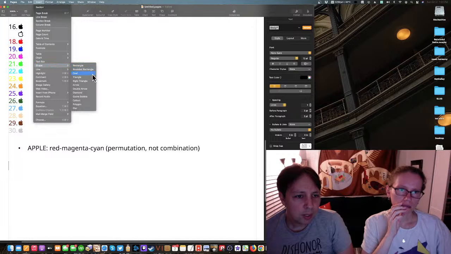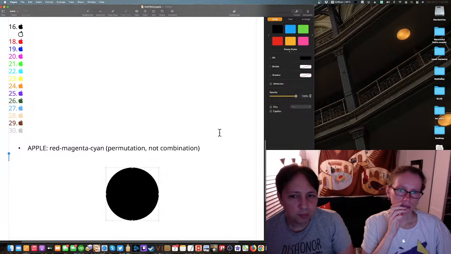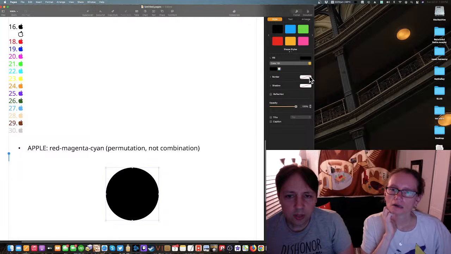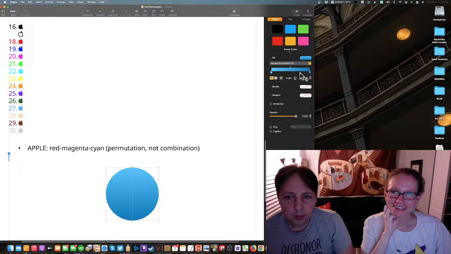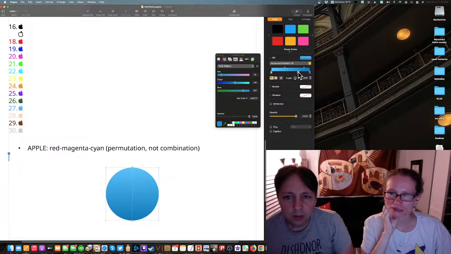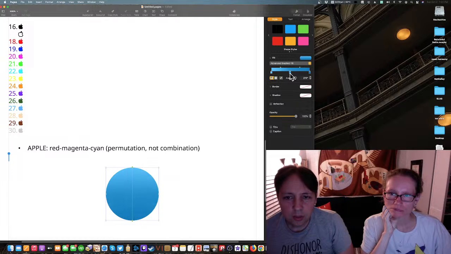And for math people, I sure hope I got that right. I'm going to fill this with advanced gradient fill. We're going to need all sorts of advanced. Maybe I should have just picked two colors. Okay, there we go. Let's put that in the middle.